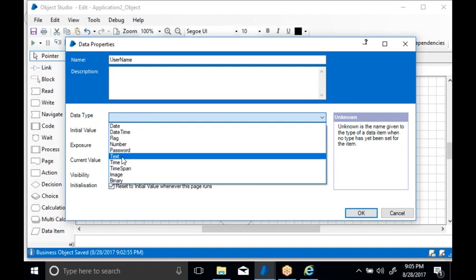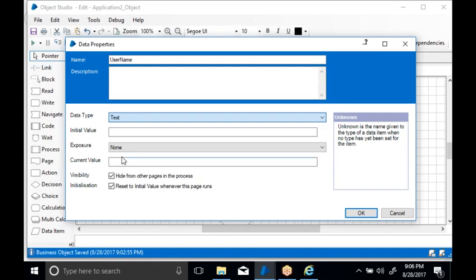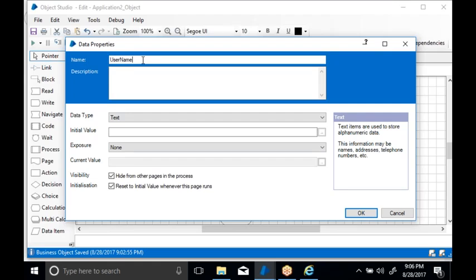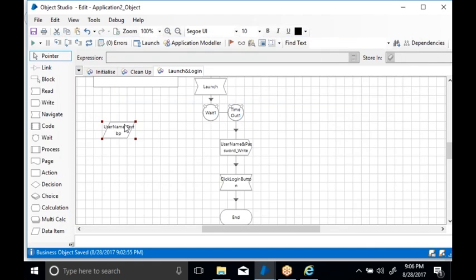This is the string type; string is nothing but text in Blue Prism. Now what is the value of your data item? The username of my application is bp. Now click on OK.